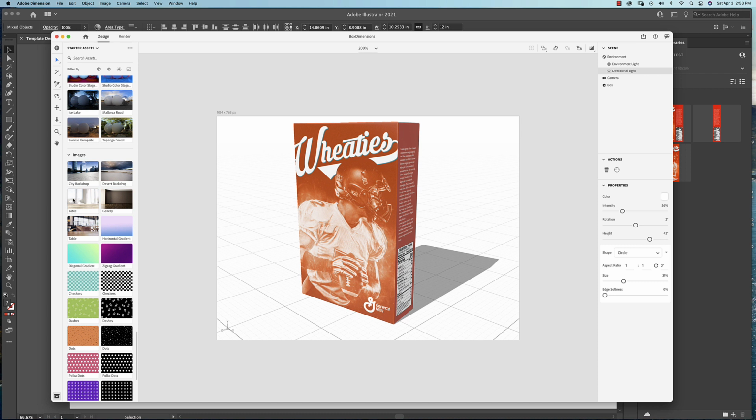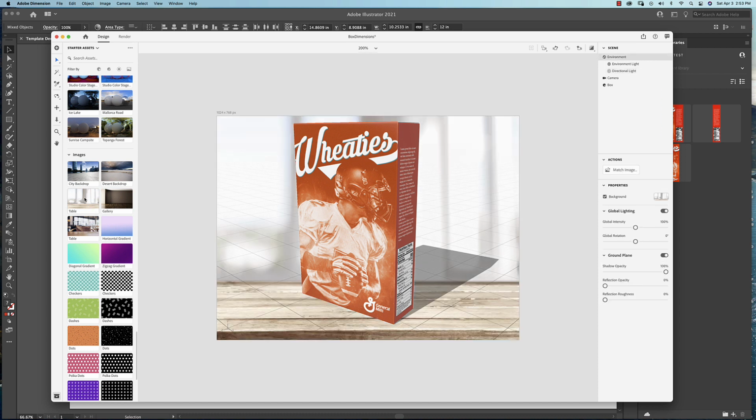I'm going to go ahead and just find one of these images for the background, the table. I'll double click on that, and it's going to put it in here. But here's the thing you want to do. This is never going to look right because the perspective that's in the image I put up here and the perspective of the box that I rendered do not match. So what you want to do is up here under actions, you'll see it says match image. And if you click on that,